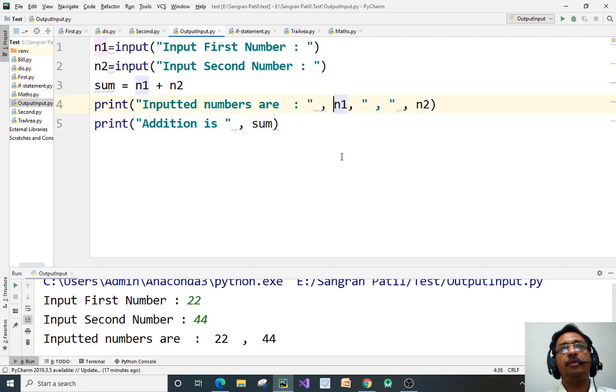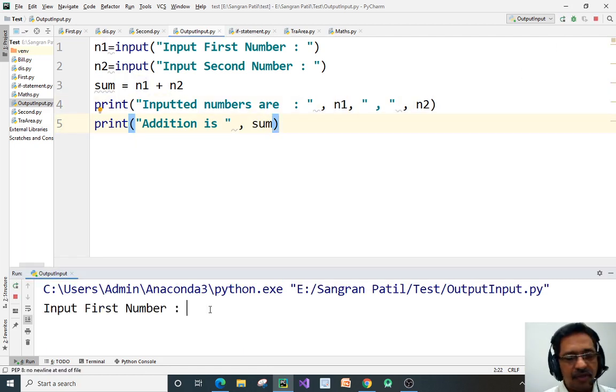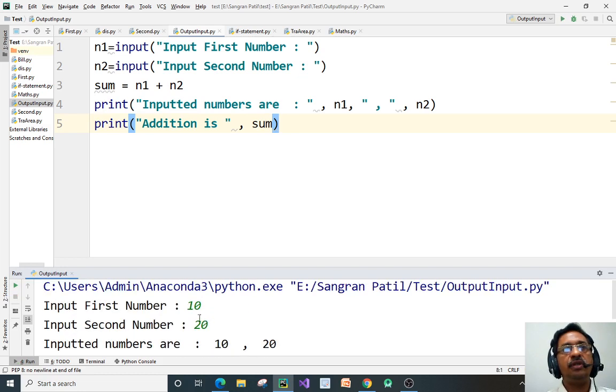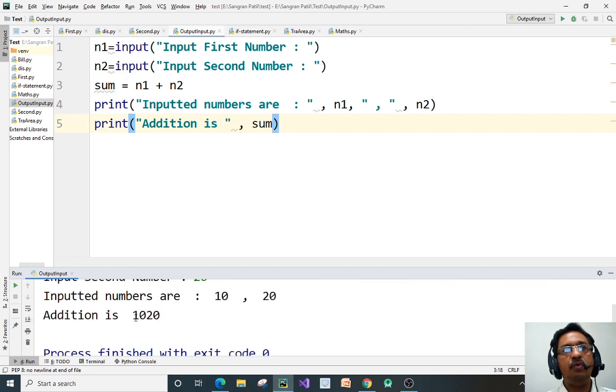Now check what happens here. First number is 10, second number is 20, so it is giving inputted numbers are 10 comma 20 because of this. And then if you check the sum, the answer will be now 1020, not 30.